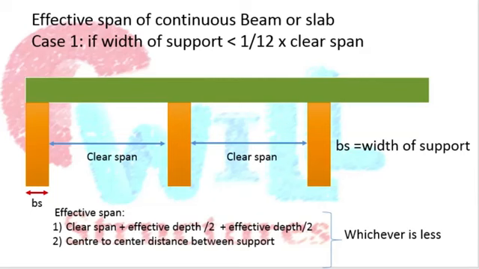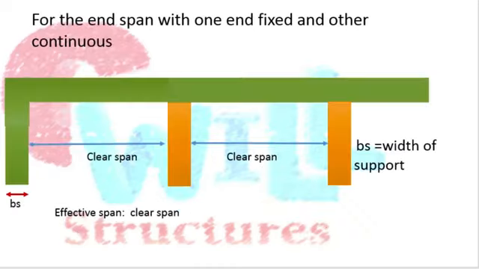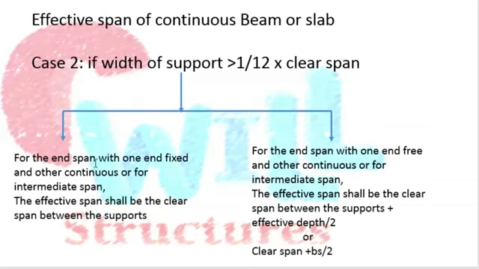So the first condition is for the end span with one end fixed and the other continuous, or the intermediate span. The effective span shall be taken as the clear span between the supports. Okay, so I'll explain it to you. If the width of support is more than 1/12 of the clear span, then we have a total of two conditions here. One is the end span with a fixed support and the end span with a free support,